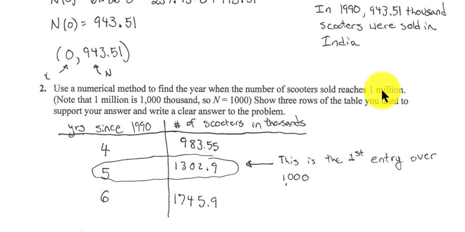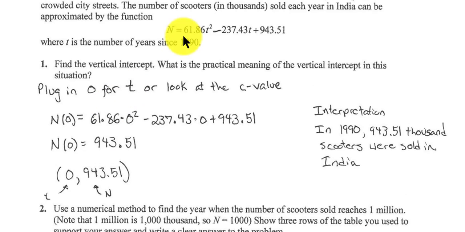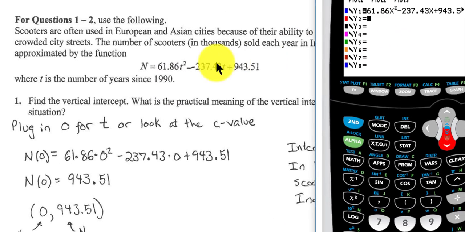So remember, 1,000 in thousands is 1 million, right? So we're trying to figure out when this n becomes 1 million. And remember, since we're talking about thousands, we want to know when n becomes 1,000. So what value of t, how many years will have to be subbed in for time to get 1,000 scooters? So a quick way to do that would be to take your graphing calculator and enter this